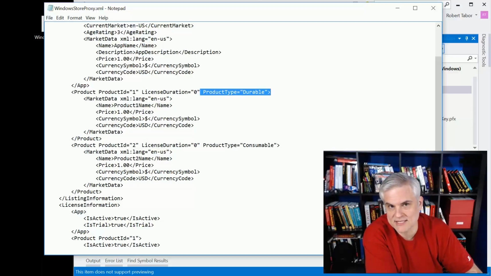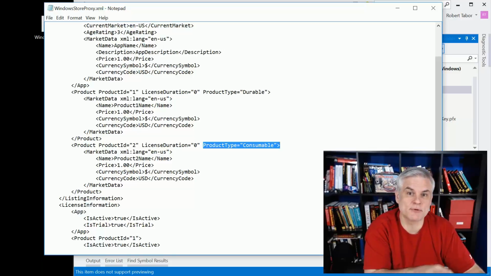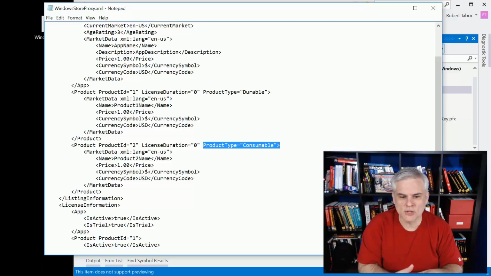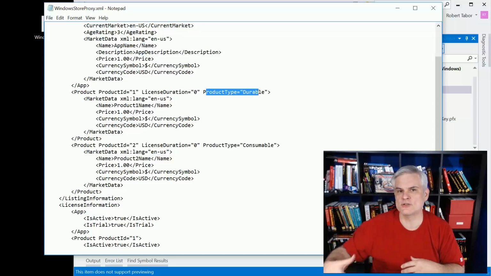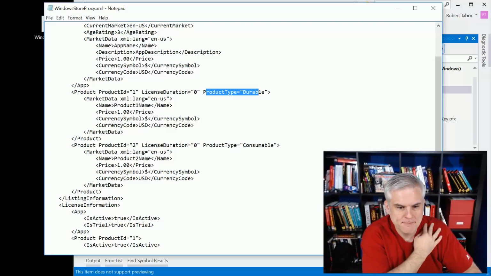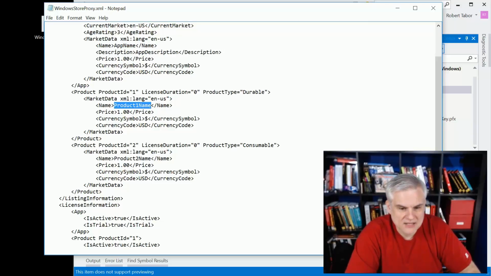This obviously would last for the duration of your ownership. And then there are consumable product types. So this might be credits or tokens towards something in the app. Like in a game situation, you might purchase gold and you might use that gold up. Essentially, that's a consumable in-app purchase. But if I were to turn on a feature by paying an extra $2, $5, that would be a durable product type. I have to use the name of that in-app purchase token, the feature token, and then the price,